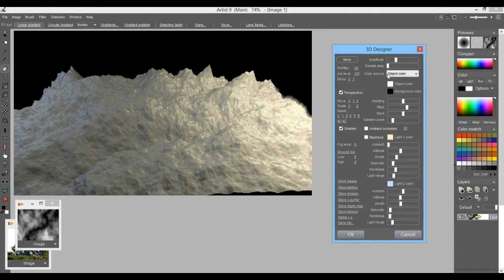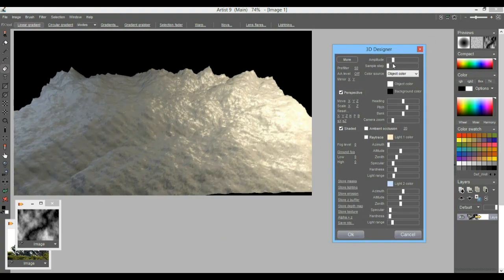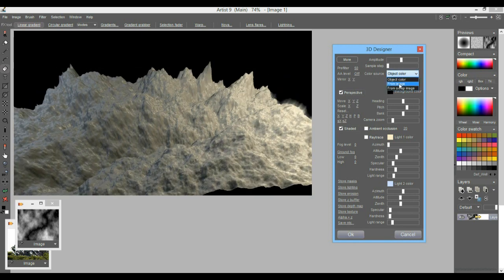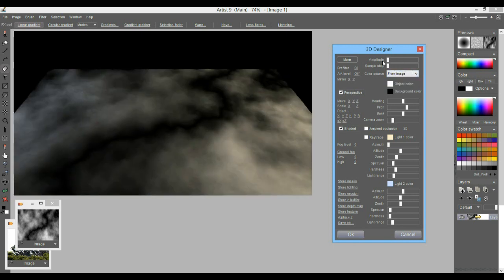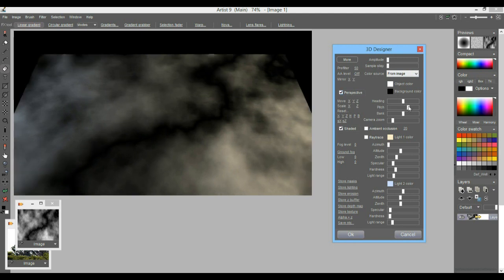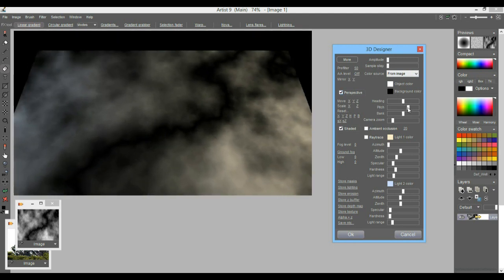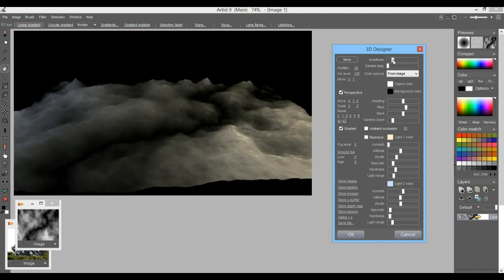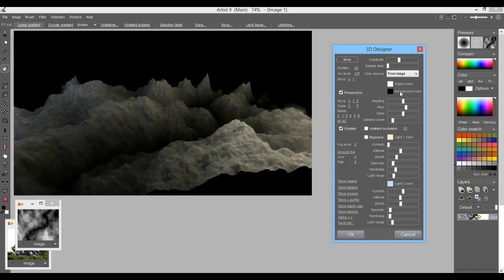It remembers the most recent settings. So we have the amplitude up here that takes the elevation map, and you can show the elevation map rather than the object color. You can show what the elevation map looks like. Right, there it is. That's the image we just had, and we still see it down here. So this image is serving as an elevation map, and we can modulate the amplitude right there. But there's a lot more we can do with that to give it more visual